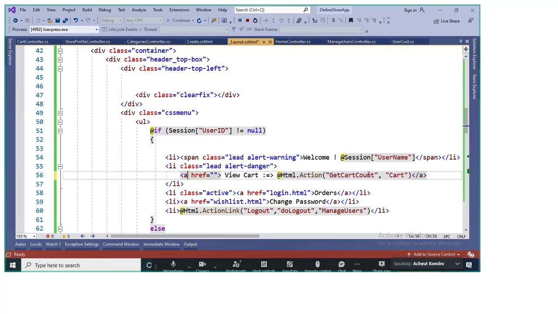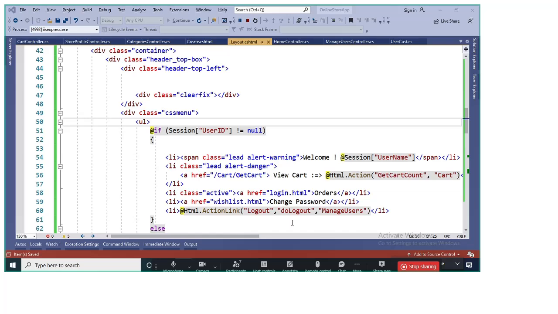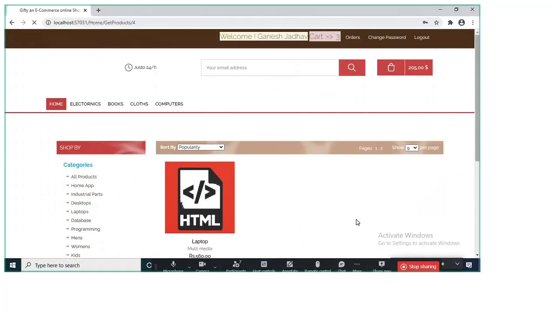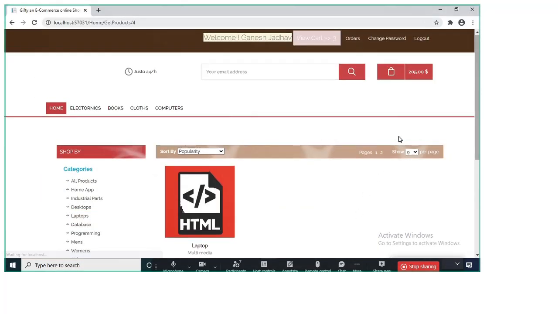So view cart, and we'll have the cart controller get cart action. So we call the cart controller get cart action. So when we click on this, now when we use the anchor tag,